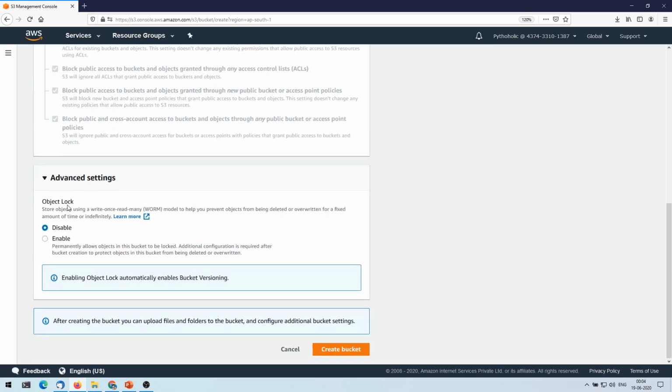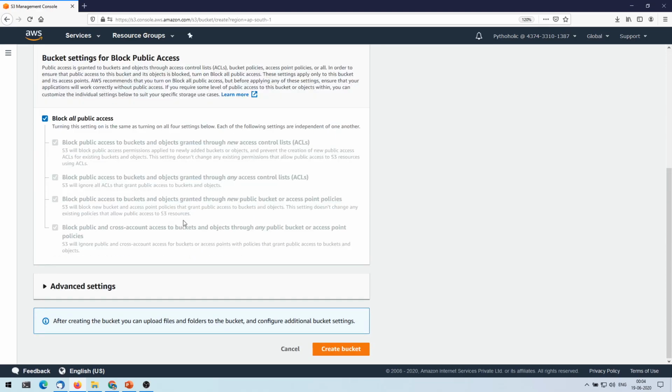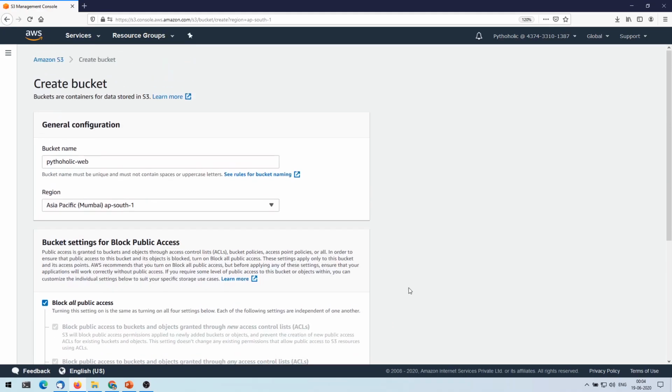I'm not going to have any object lock. All the buckets that you create will have private access. As for the bucket settings for block public access, when you see that block all public access has been checked, it means that the bucket and the content inside are private. So for now I'll create this as it is.